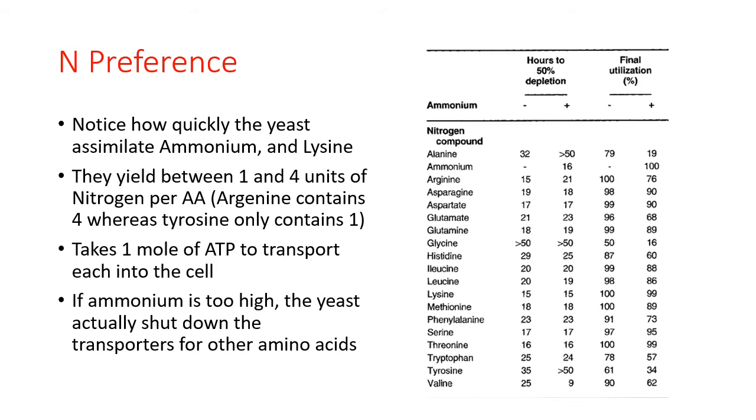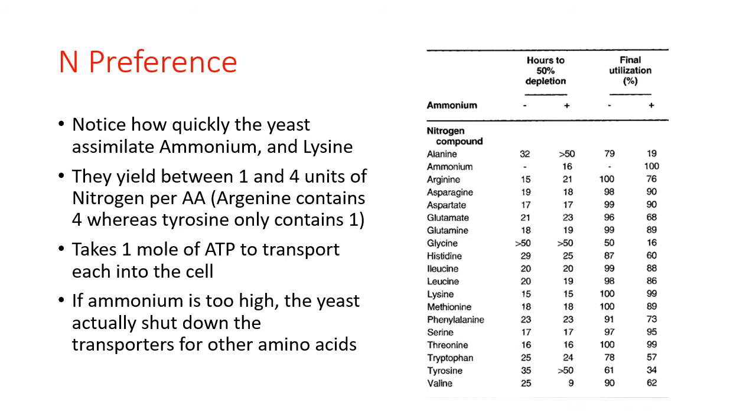So again, it takes 1 mole of ATP to transport into a cell. So with something like tyrosine, they're going to get as much energy out of it as they put into bringing it into their cell. It's kind of a net loss for them, so it isn't the best amino acid. But the fact of the matter is, we need to always do our best to try to get them to deplete these amino acids, which is why we always delay that